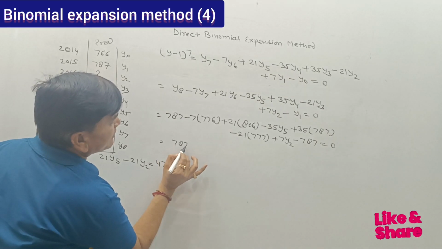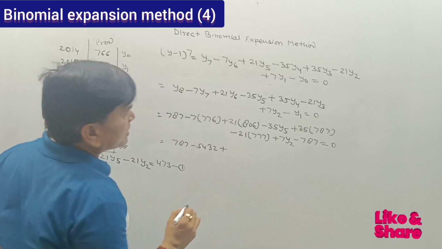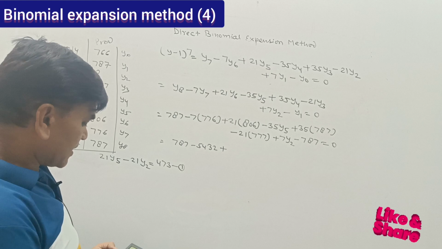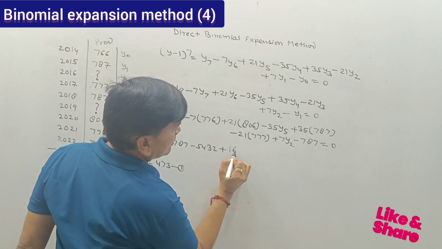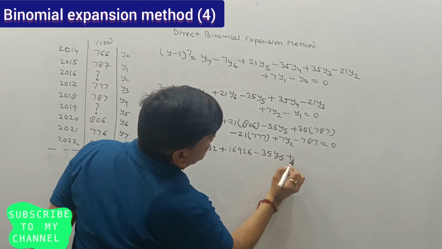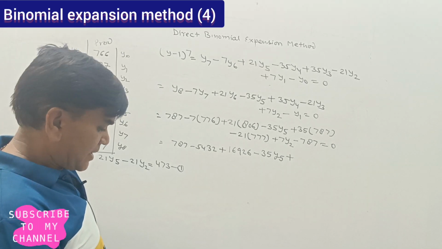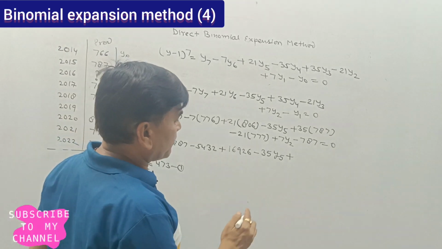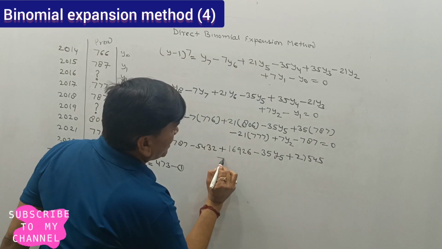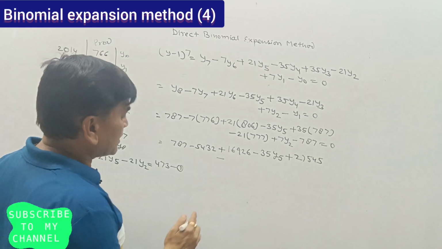So 787 minus 5432 plus 21 multiply 806 is plus value, that is 16926 minus 35 y5 plus 35 multiply 787, so plus value 27545, minus 21 multiply 777, so 16317